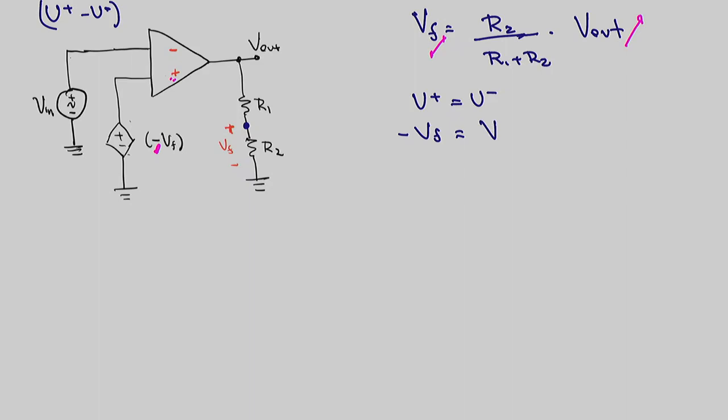V in. So now we know that V feedback, which is the voltage divider related to the resistors, we put the resistors there in order to have this feedback, is negative of V in. Okay. So I'll write very